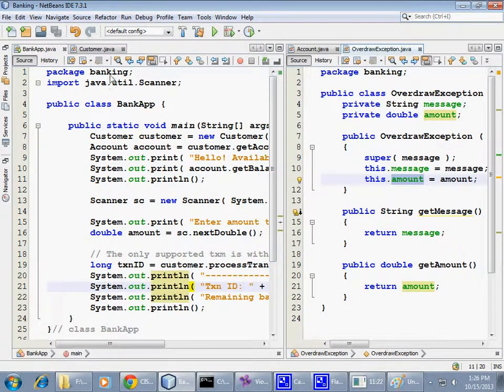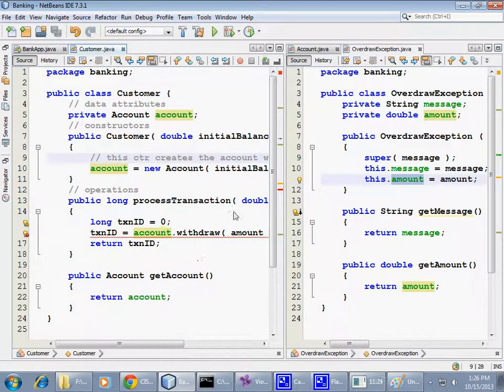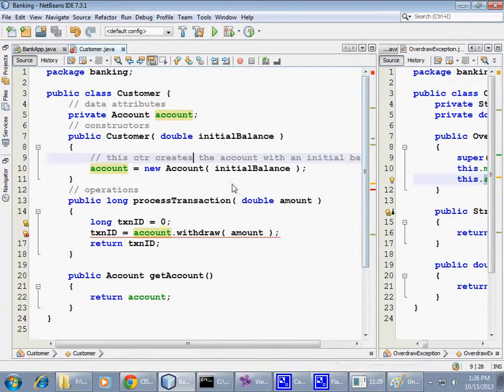So we try to call all of this from our customer class. In the customer class, which says process transaction, we just said withdraw. Well, in case when, let me see, this again is